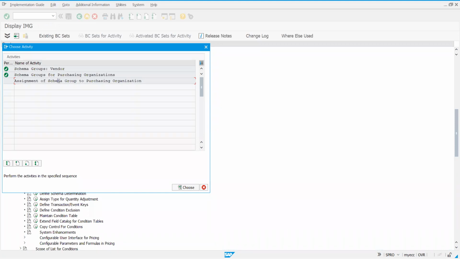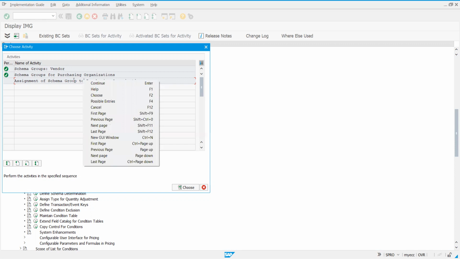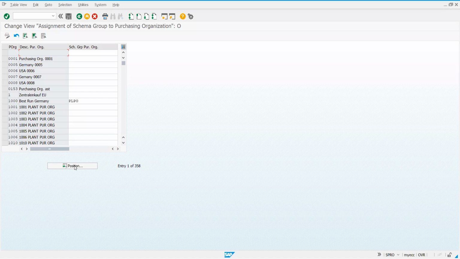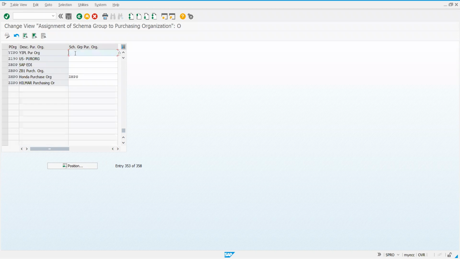Next, assign schema group to purchasing organization. Once we assign the purchasing organization to the schema group, whosoever vendor comes under the schema group with the purchasing organization of the company, they are automatically grouped. It is taken together. We'll see that as well. So double click. What is my purchasing organization? It is YIPO. I have to find my purchasing organization in this, and I take that purchasing organization into the schema group.